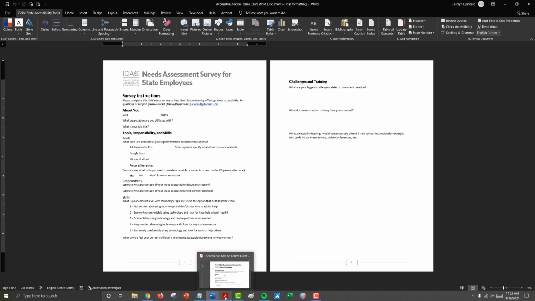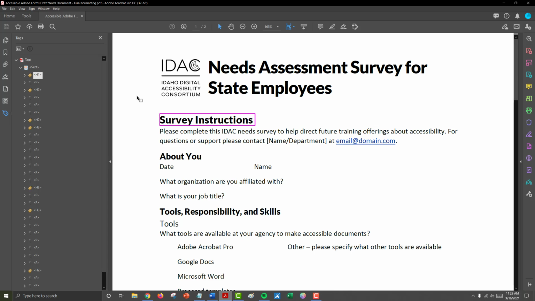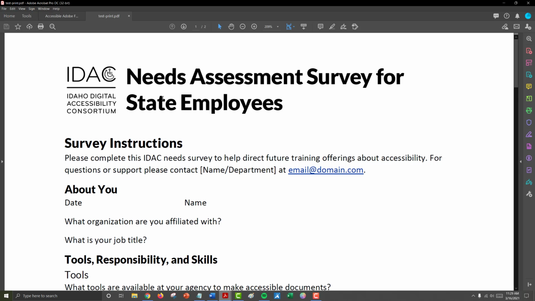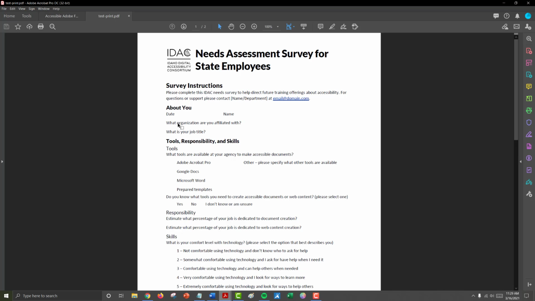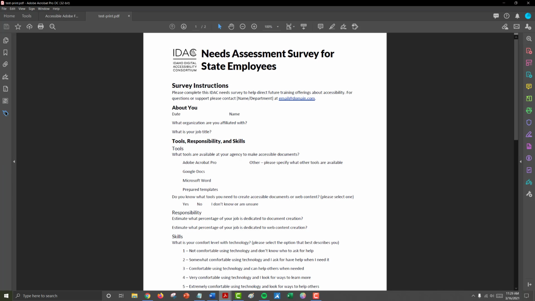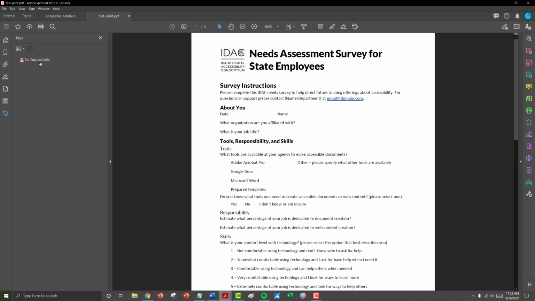Now when I switch over to Adobe, this is our accessible form that has all of our tags. If I open our test print page, it looks identical. The formatting is still there, but the difference is if I pull up the tag tree, no tags available.